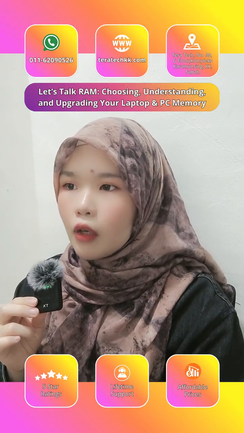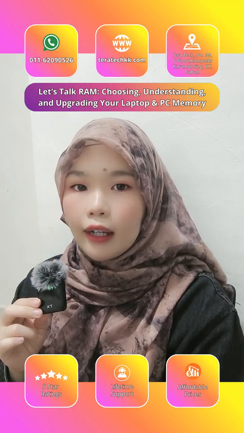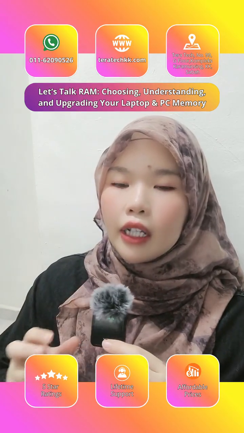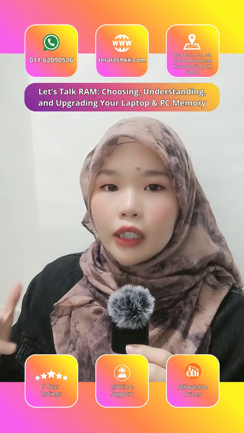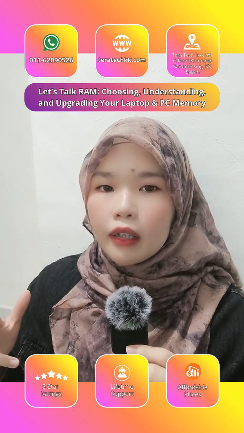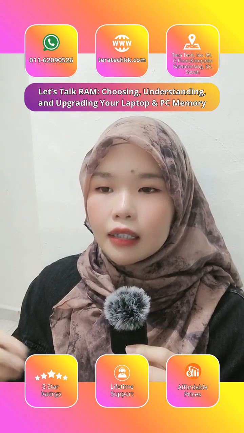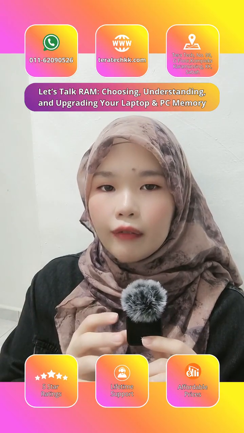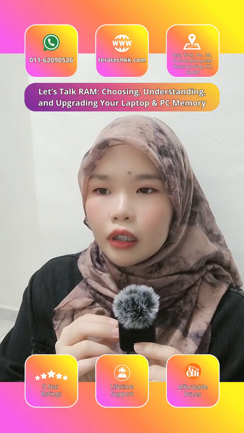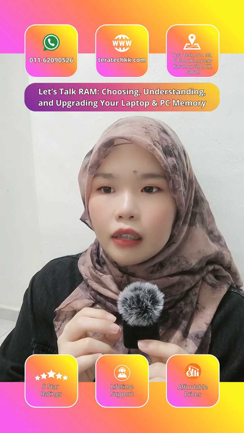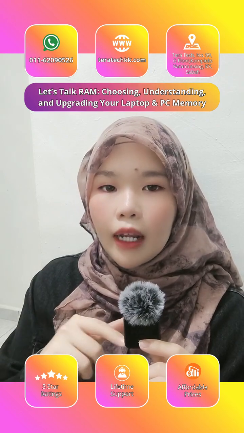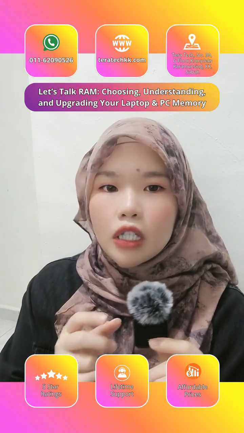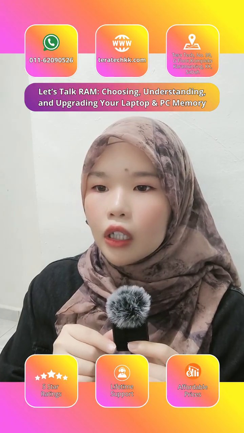If you prefer to purchase online, then as I have mentioned just now, you have to make sure that your RAM speed and RAM type are compatible with your device. Yeah, so the RAM speed means like the 3200 megahertz. If you are unsure, then just capture the picture for us and we check for you. Yeah,